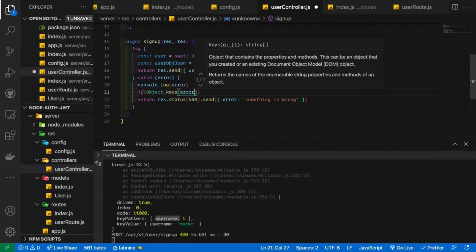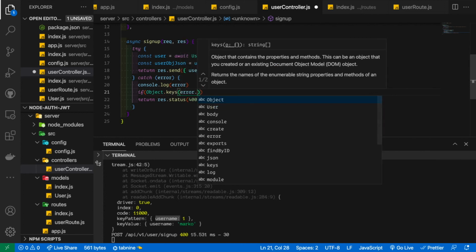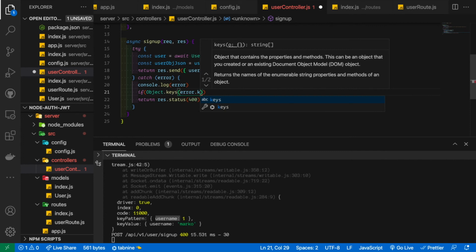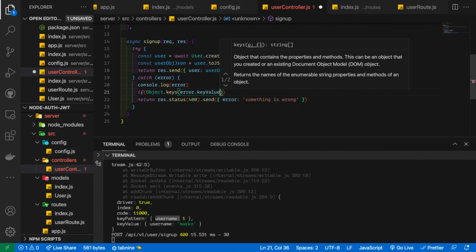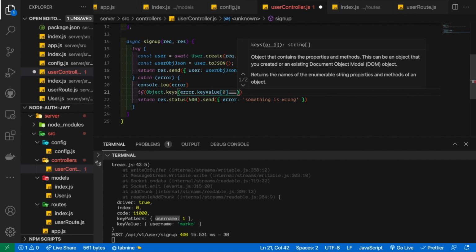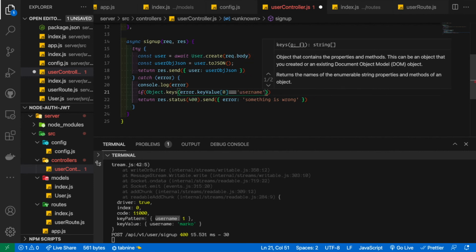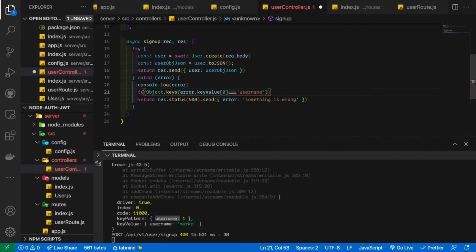So we're going to say error dot. We could grab keyValue, keyPattern, both of them will work. Let's do keyValue. keyValue, and we're going to do 0. And if this is equal to username, now what we can say,